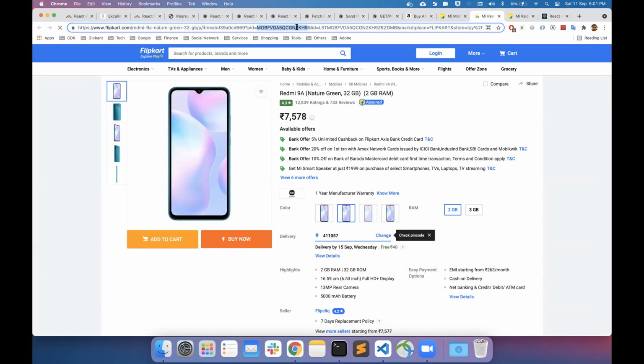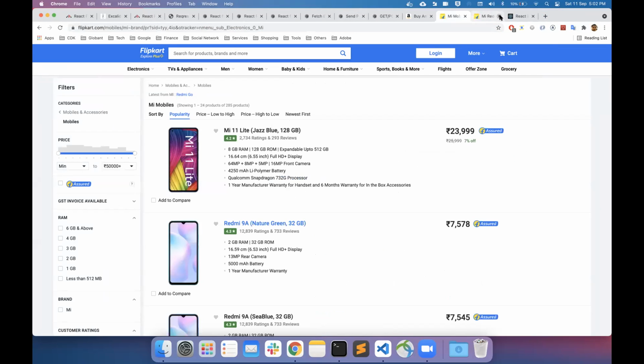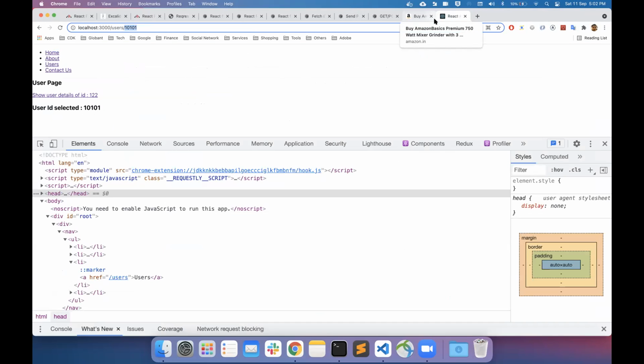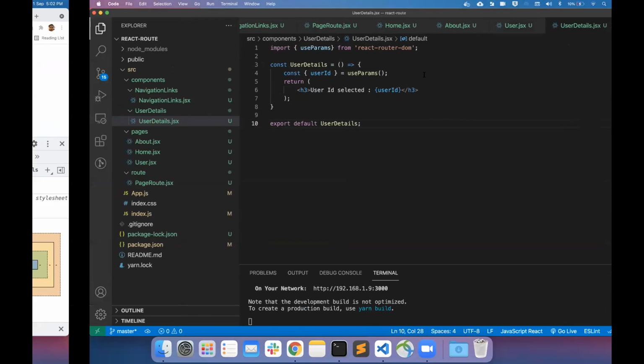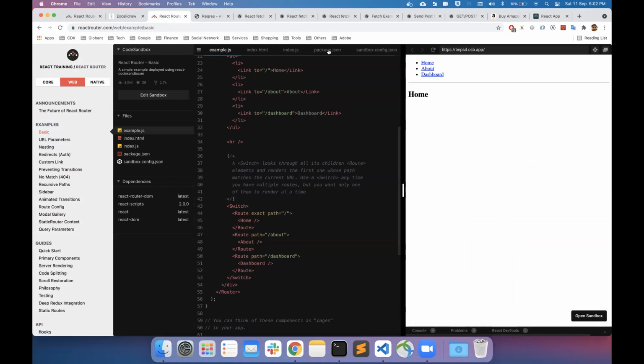ठीक है. यस सर. ओके. एनी अदर क्वेश्चन? No, sir. ठीक है, ओके. लेट्स मूव द नेक्स्ट फेज. नेक्स्ट फेज में